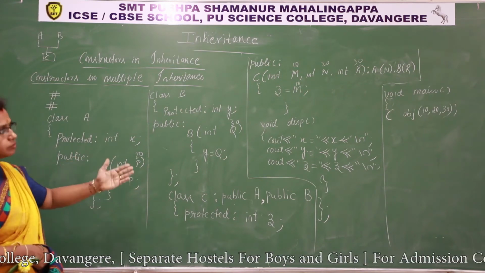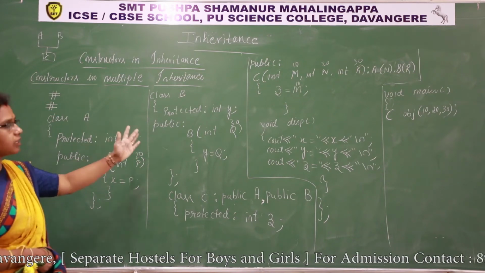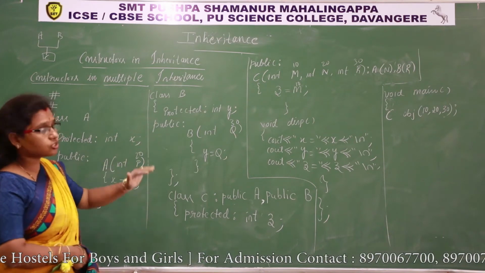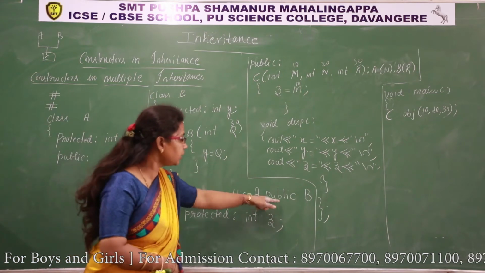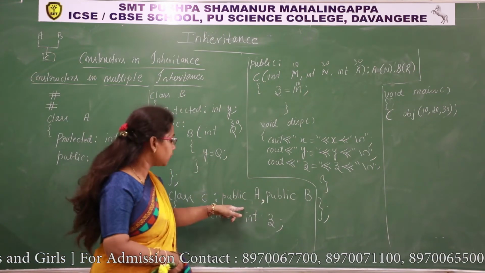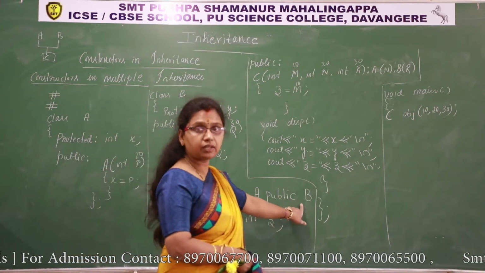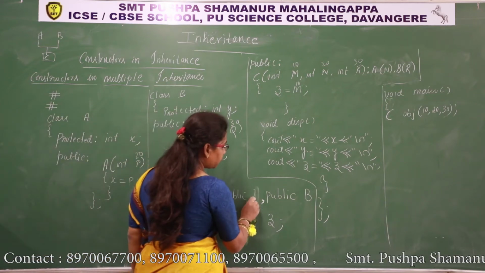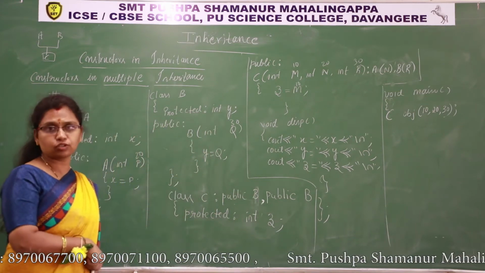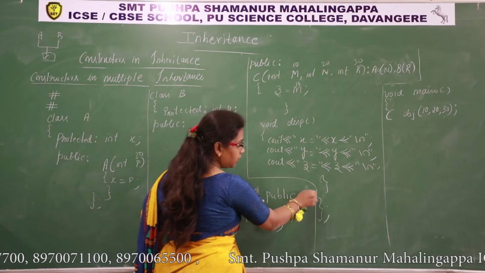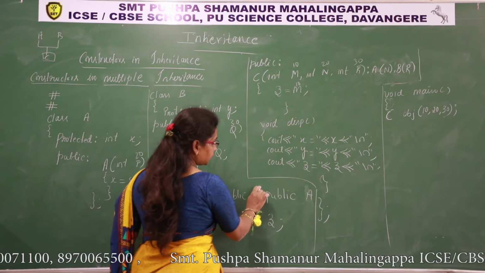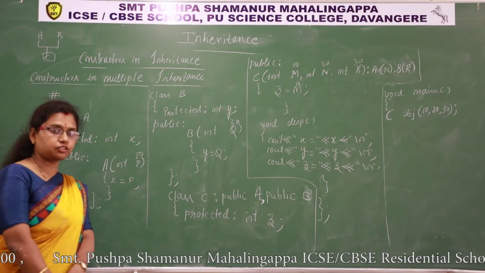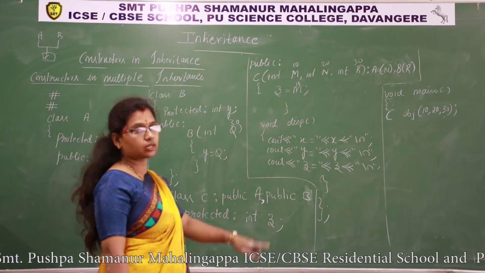Okay. The derived class already passes the initial values to its parent classes. It's already passed. Then which class constructor executes first? That depends on the order in which you have inherited here. Whichever you inherited first, that constructor executes. If you take B first, then the class B constructor will execute, then the class A constructor will execute. I have taken first class A, then class B. So the class A constructor executes, then the class B constructor executes, later the class C constructor executes.